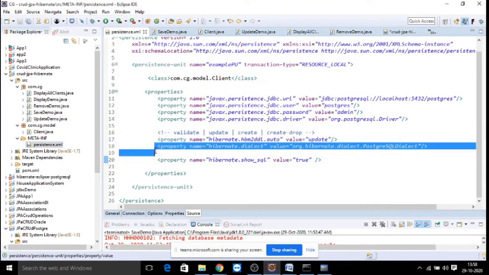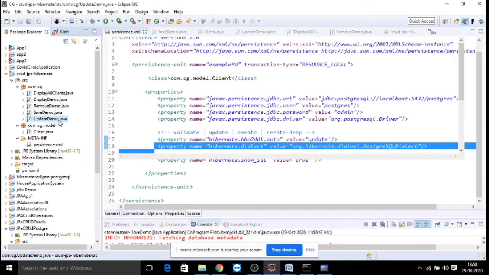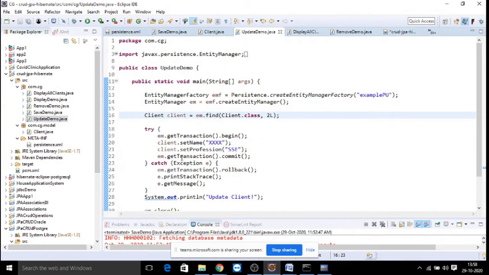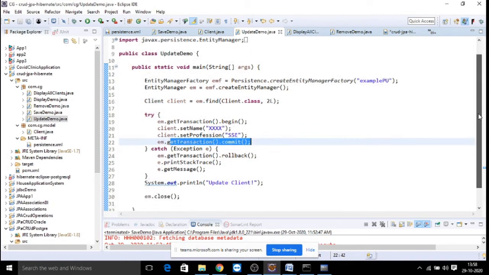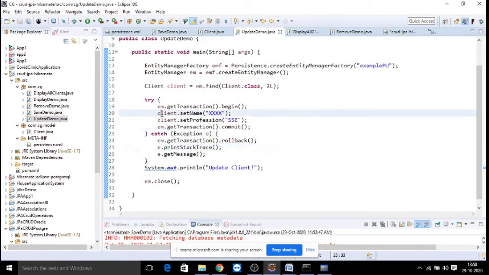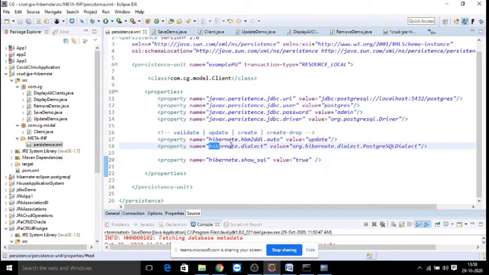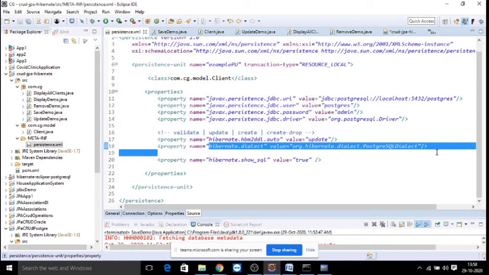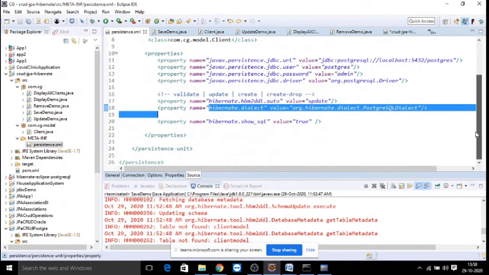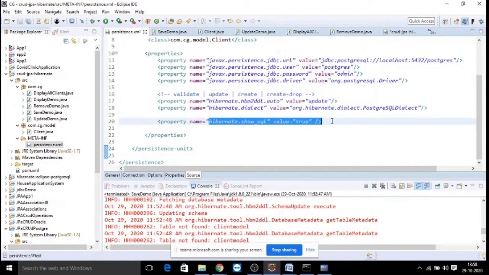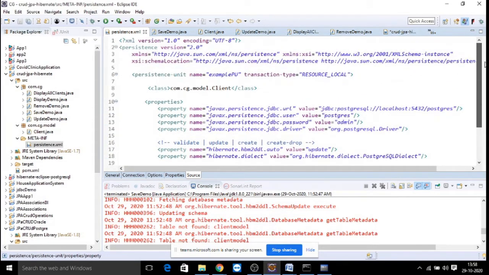And the dialect is needed when you are going to process your commands with the entity manager related methods called transaction.commit, and then persist method, get methods. To perform these methods, you need to enable the property called dialect. PostgreSQL dialect has to be added. And to observe the queries which are generated by the tool at the console, you have to give a property called hibernate.show_sql. So this is the part of configuration in your persistence.xml, and this is called a persistence unit